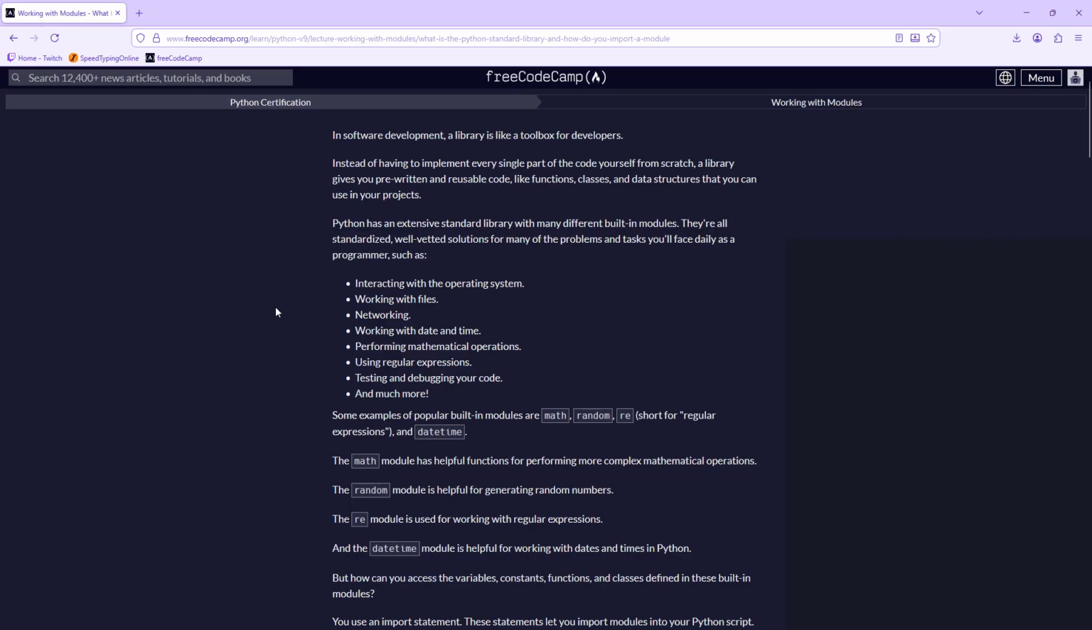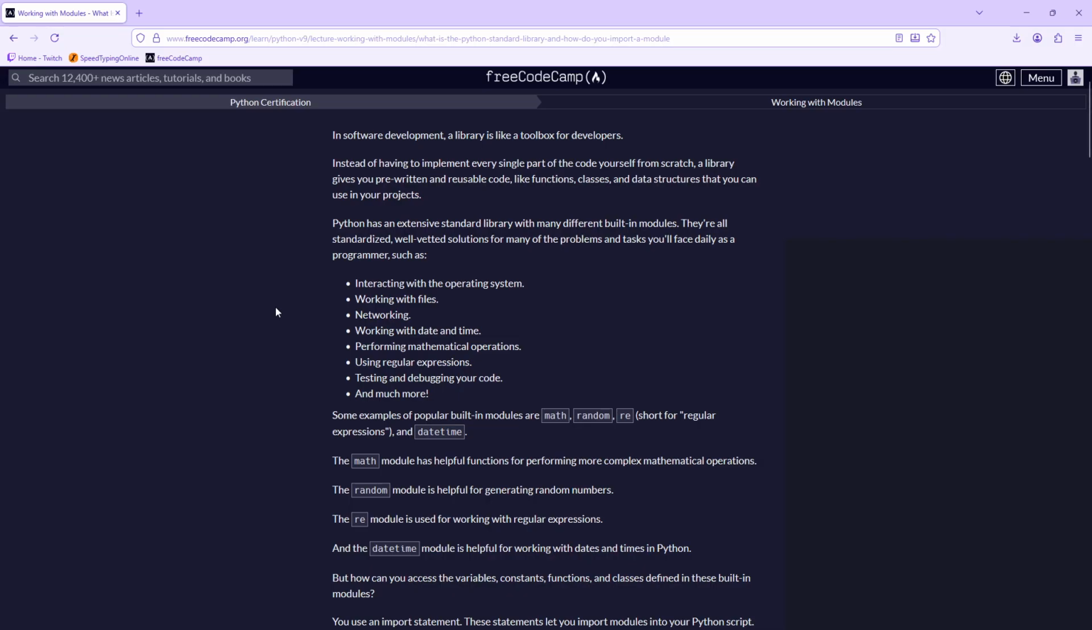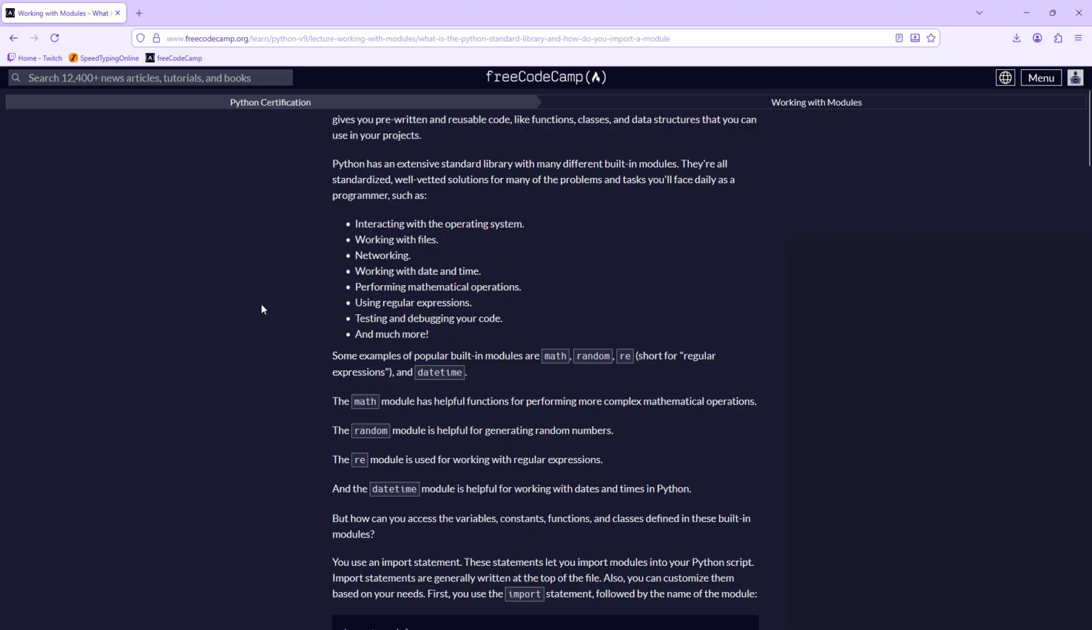In software development, a library is like a toolbox for developers. Wait, what is the Python standard library and how do you import a module? This one's going to be important. A library is like a toolbox. Instead of having to implement every single part of the code yourself from scratch, this is Python, not Scratch, a library gives you pre-written and reusable code like functions, classes, and data structures that you can use in your projects. Python has an extensive standard library with many different built-in modules. They're all standardized, well-vetted solutions for many of the problems and tasks you'll face daily as a programmer, such as,